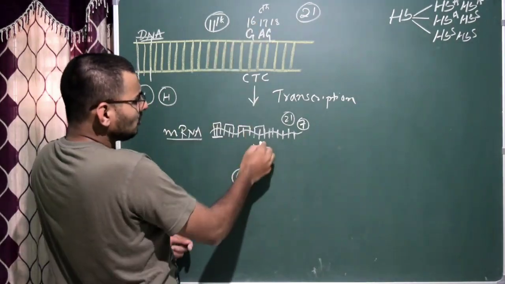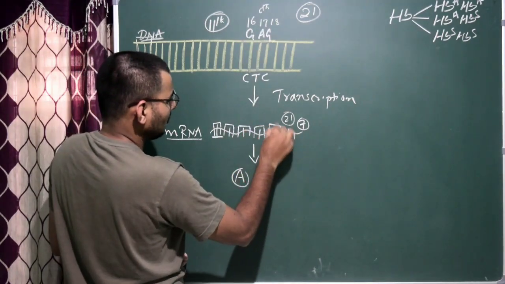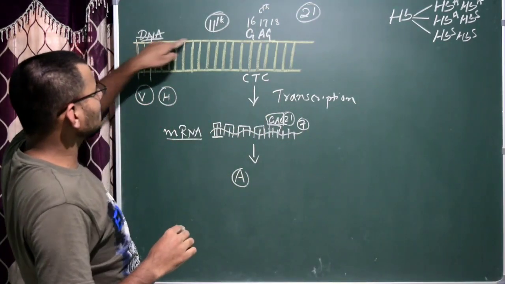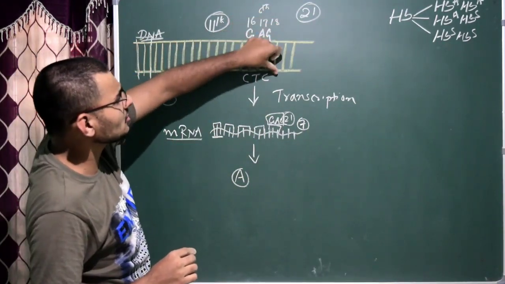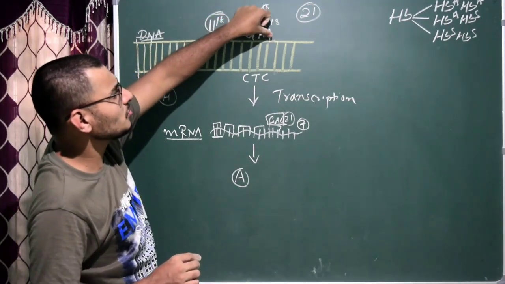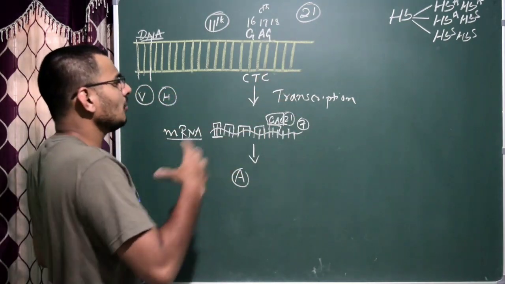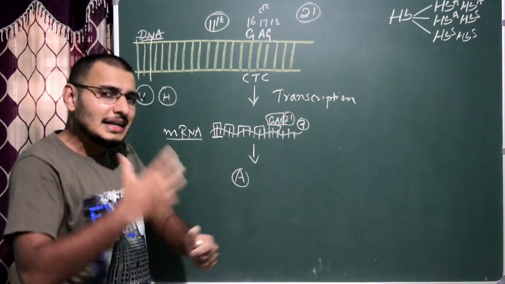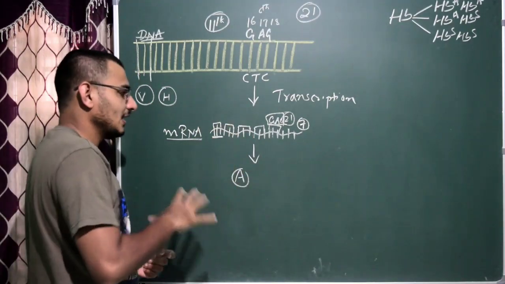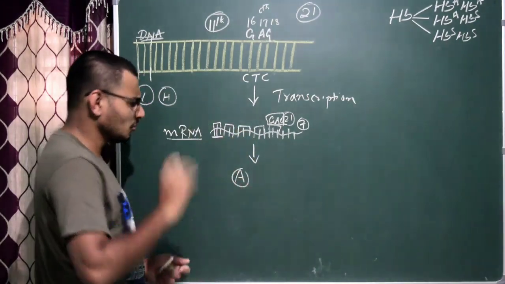So when you come to this mRNA, this GAG will be as it is. And whatever sequence you read here, this is the coding sequence, this is the non-coding sequence. The coding sequence, whatever sequences or nitrogenous bases are there, will be present here. But one thing to remember is that whenever you come across thymine, it is replaced by uracil in mRNA. You know that thing, the nitrogenous base thymine is replaced by uracil in mRNA. You know that is the basic.